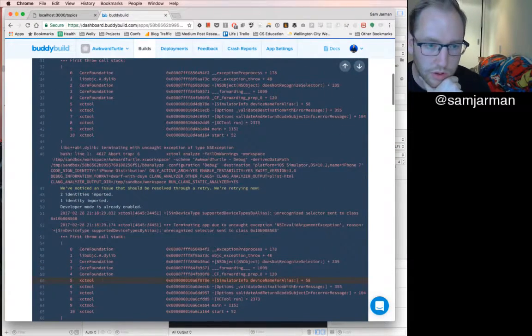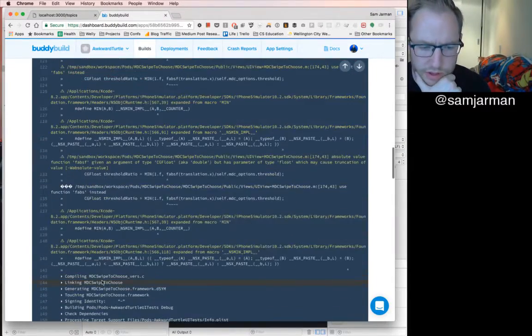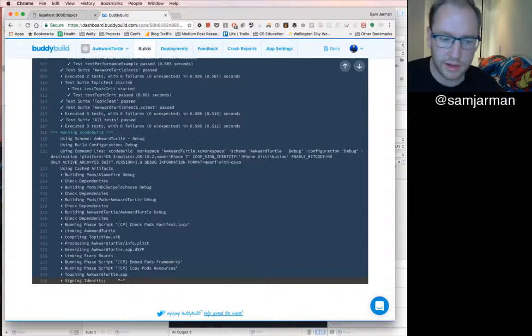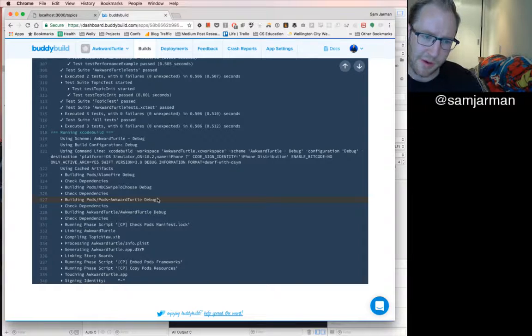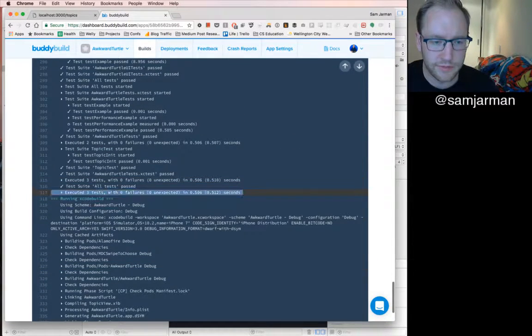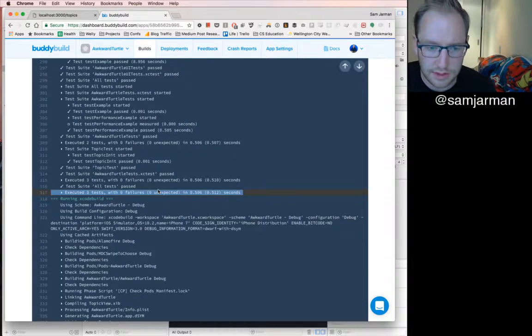So, yeah, it's really good. I like that. So as a developer, I don't need to worry about stupid Xcode on the server bugs. Well, not Xcode on the server, but like server hosted Xcode. Hey, look, my test ran. So yeah, I'd obviously jumped the gun there on the setting thing.